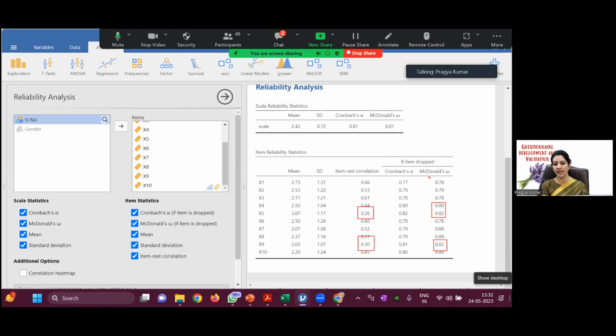This 0.78 is not the overall omega. It is saying that if you drop this item, so this says that you cannot drop this item. X1 is very important because dropping it leads to a decrease. So you cannot drop this item. Okay. So all of these are saying that you cannot drop any, because after dropping that, the scale reliability is